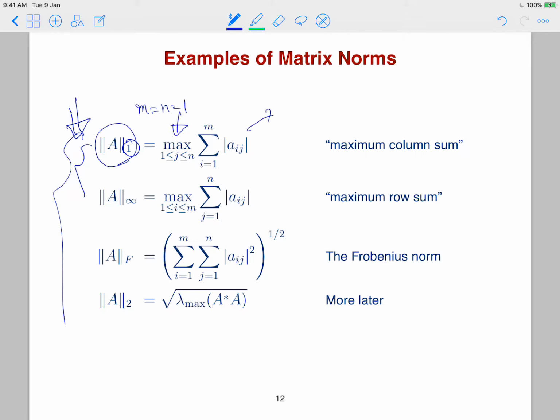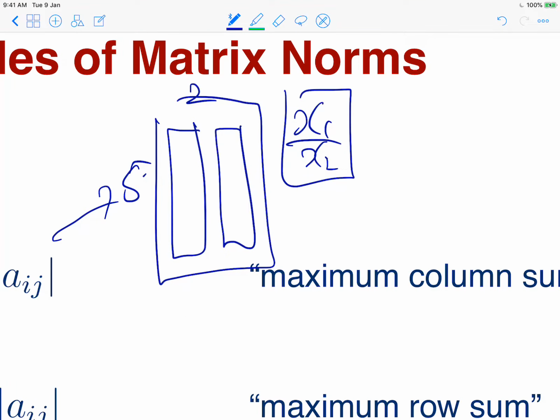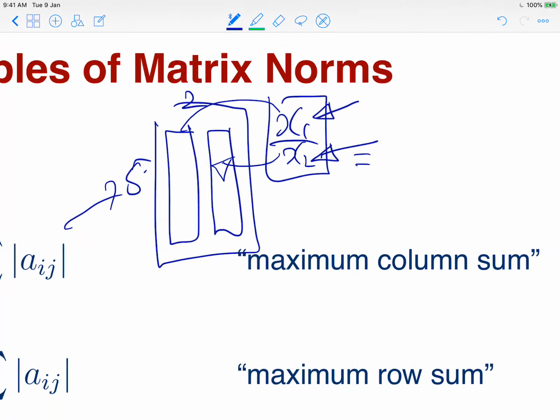So suppose A is maybe 5 by 2, okay? So in this case, we have x1 and x2, right? And in the case of an L1 norm, we want to distribute the total sum of 1 between these two values, right? And then we know that the resulting vector is a linear combination of these two, right? Okay, and then